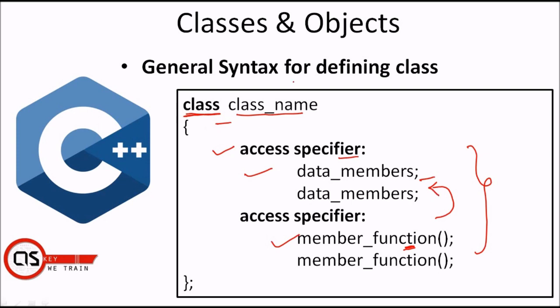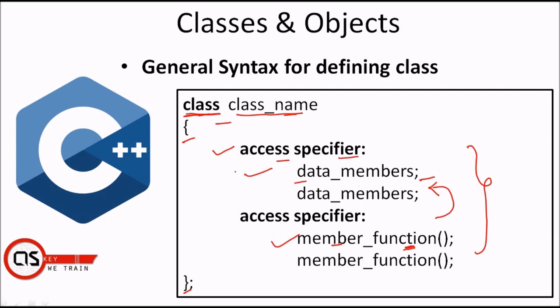So this is how I define my class in the program, where I make use of class as a keyword followed by the class name. A class name can be anything, but it is an identifier. The name given to a class is an identifier, and the various elements of your class are enclosed within the curly braces, and the elements are access specifier, data members and member functions. Your data members are the variables which are associated with your class, and your member functions are the set of operations that are performed on your data members.